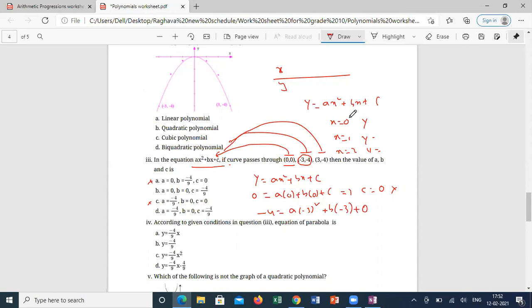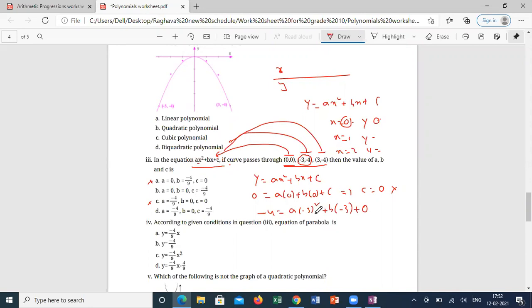Yes, sir. That means these are the x and y values which lie on the straight line. That is what we did in pair of linear equations, inequalities or anything. But here it is a curved line. What it is saying is these are the coordinates which lie on this curve. Got it, what I'm saying?